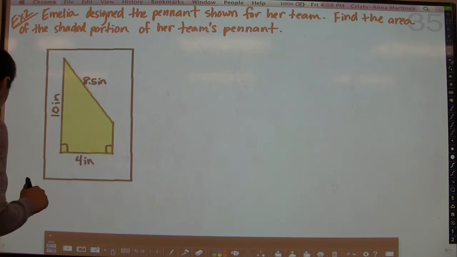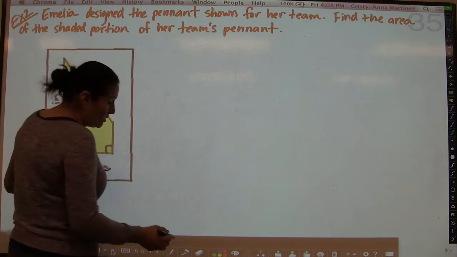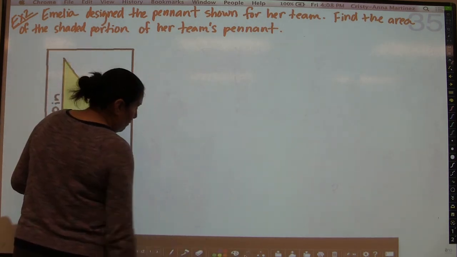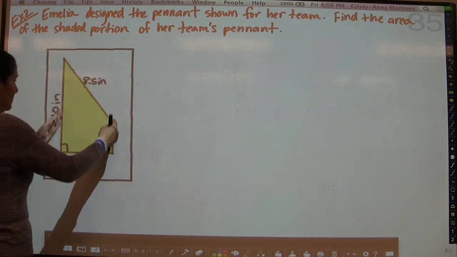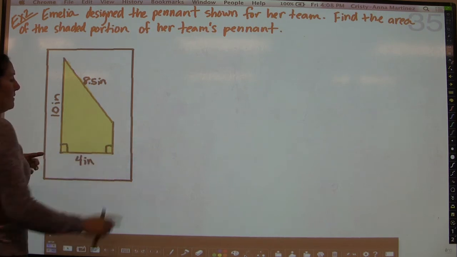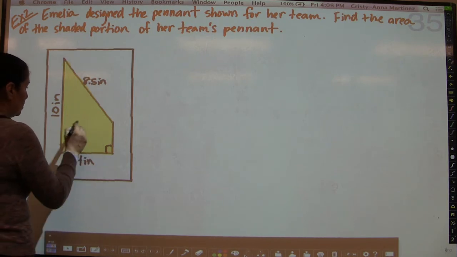But the problem here with this little guy is that they haven't given us the base. Now remember that in a trapezoid, the bases are always going to be the parts of the trapezoid that are parallel. So these are your bases, okay, the 10 inches and then this piece right here. But they didn't actually tell you what that piece was. So